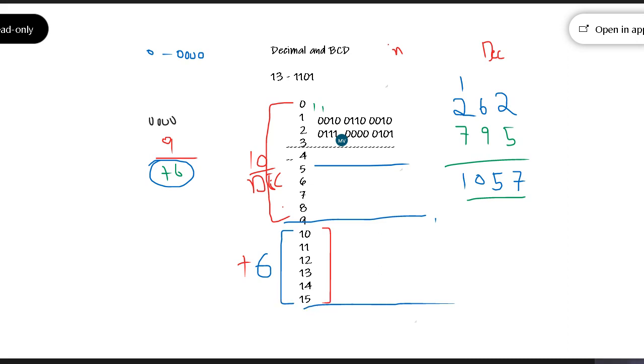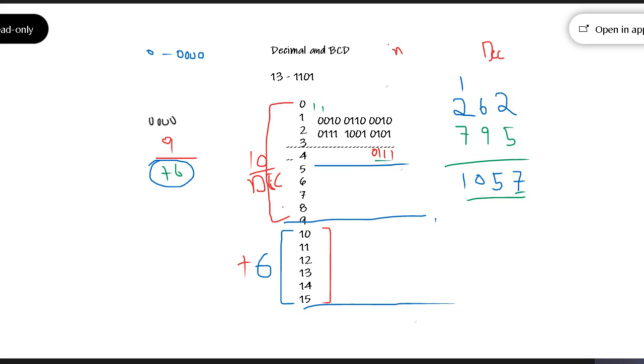262, that is fine. This is 9, right? So this will become 1. This will become 1. Rest are all the same, right? Now we'll see. So this is 1. This will come as that only. 1 plus 0 is 1. 0 plus 1 is 0. So this is nothing but 7. This is fine here.